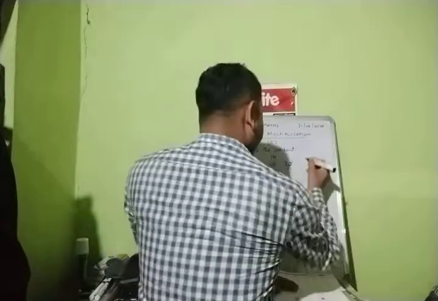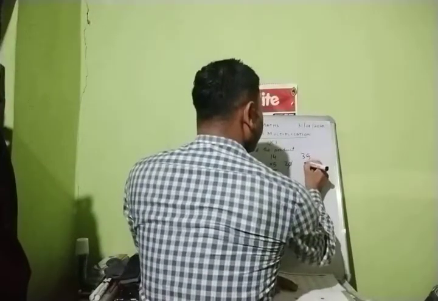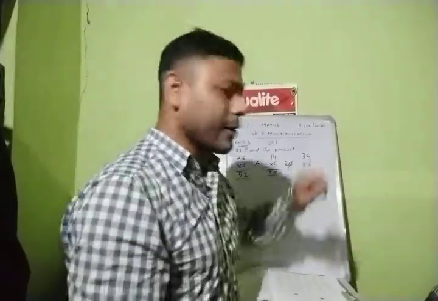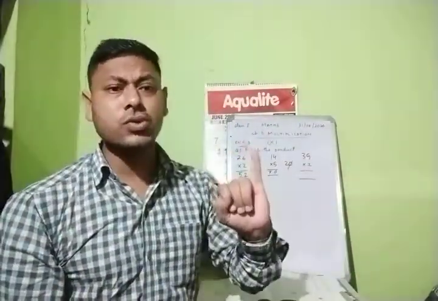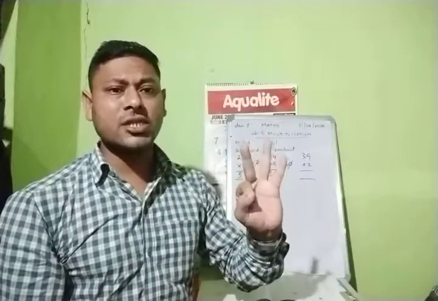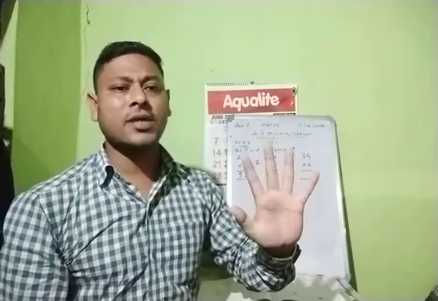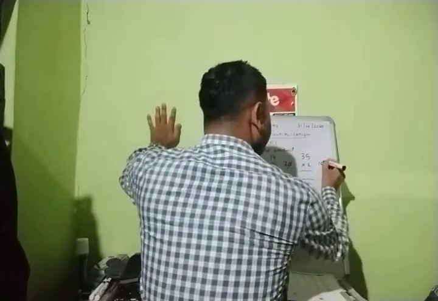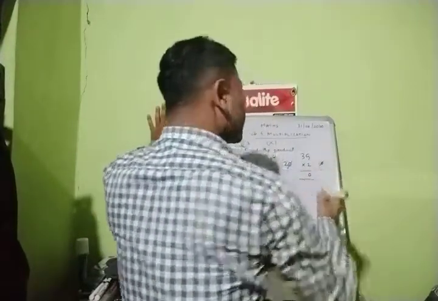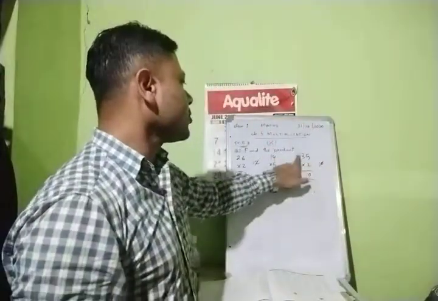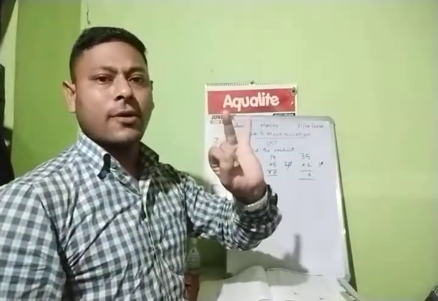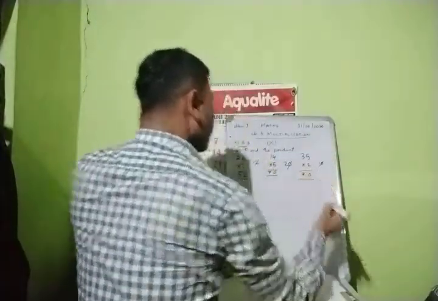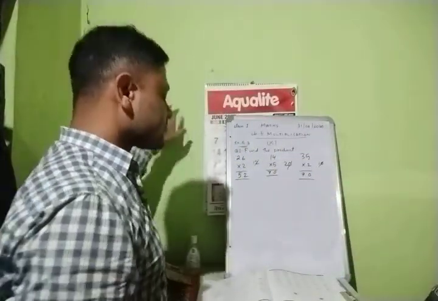Next is 3 5 into 2. 2 into 5. 2 1 is 2. 2 2 is 4. 2 3 is 6. 2 4 is 8. 2 5 is 10. So 2 5 is how much? 10. 1 0 10. 0 you cut and write here. What is left? 1. Next is 2 into 3. 2 1 is 2. 2 2 is 4. 2 3 is 6. Plus 1, 7. So 7 0 70. Right?